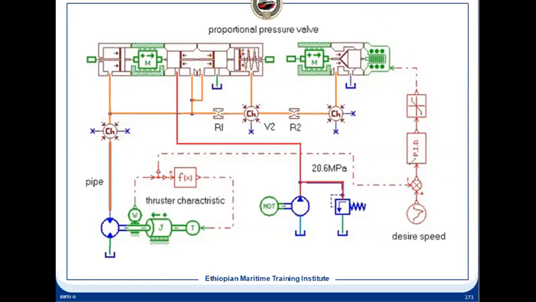And suppose this is reduced, it means the torque will have to increase. Then in that case, what will happen? This will give a higher current, because this is a variable current and it is proportional to this. So it will give a current, it will move in this direction, and the pressure will increase. Once the pressure is increased, this will move in this direction and push this in this direction. So more flow will be provided.